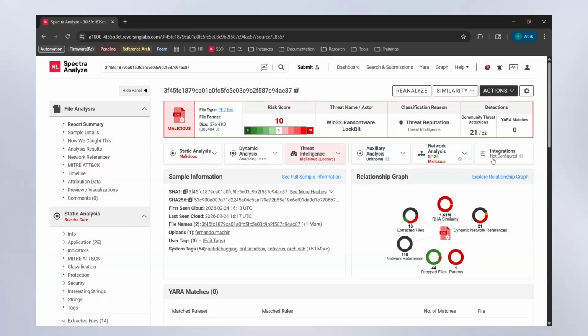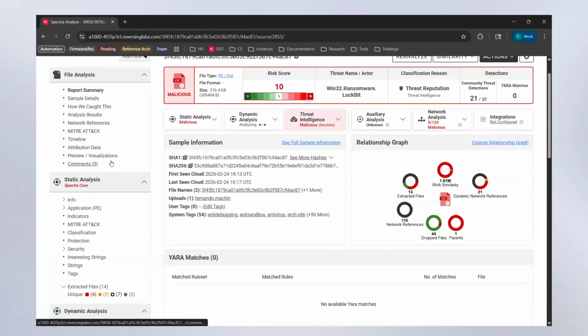And then this is where we have, obviously, other integrations that allow you to either ship this information out or utilize it within your SOC. The community threat detections is the same thing that we're talking about, right? How the AVs play, and then if there's any YARA matches that align with this. This is really just your big everything's on fire. I need to look at this to see what to do, right? And how to pivot from there.